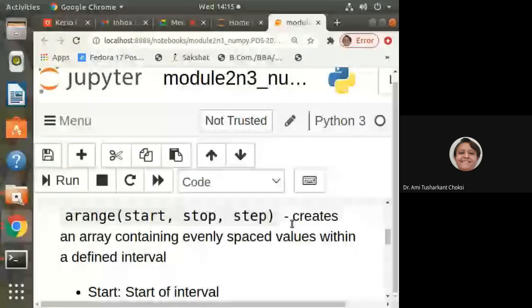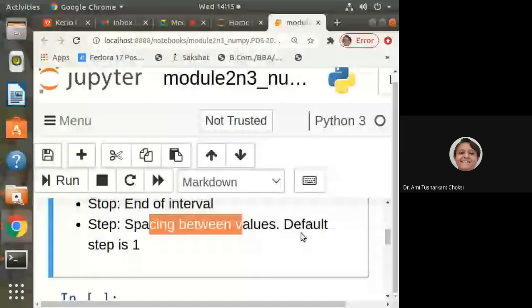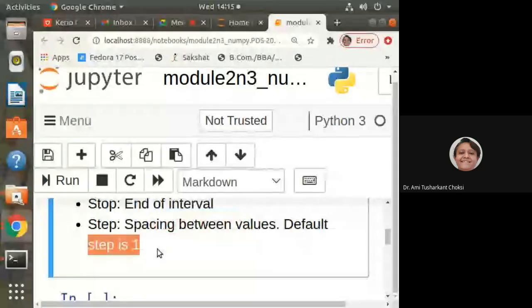Start, stop, step creates an array containing evenly spaced values within a specified interval. Start is the start of the interval, stop is the end of the interval, and step is the spacing between the values. The default step is 1 if you are not specifying it.